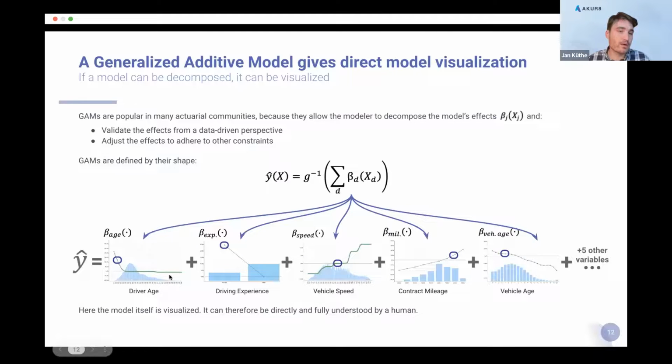So for example, one curve in the driver age, one curve in the speed of the vehicle. And like this, you can do it for all client features that you want to use in your model, to make those predictions about your customers. And when automatically fitting using machine learning techniques, those powerful but still transparent, auditable models, you can obtain quite a lot of information from your customer base.